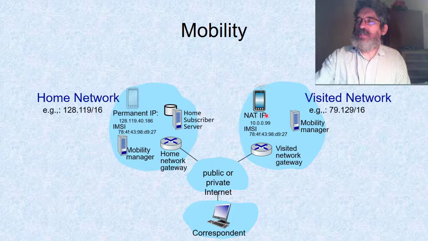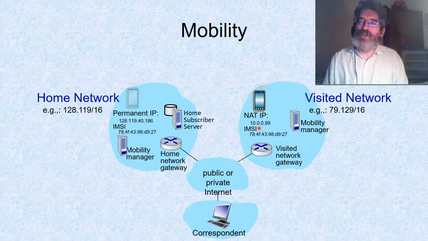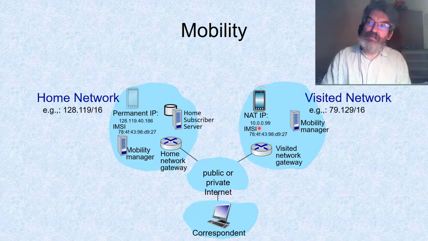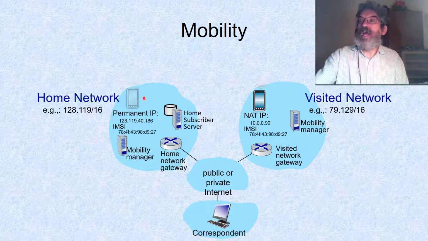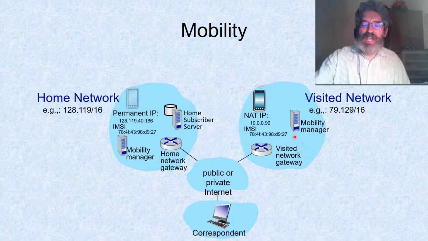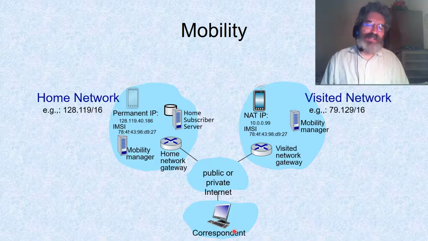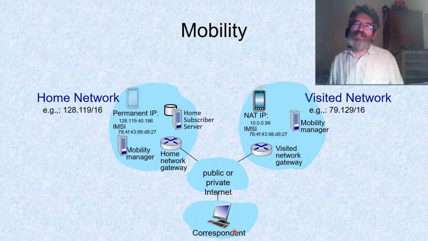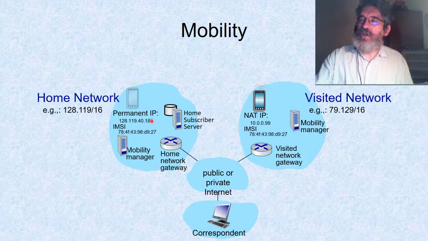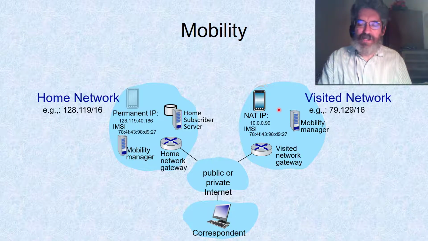But even though it has a different address, I may want to keep my original IP address. Particularly, and this is more likely in the cell phone world, if I'm doing this as part of one continuous item. So on the foreign network, we have a foreign agent or gateway, which is going to handle it there. And then the correspondent is the website, or the person I'm doing the voice over IP call with, whatever. So this is the person I'm trying to talk to as I'm going between networks.